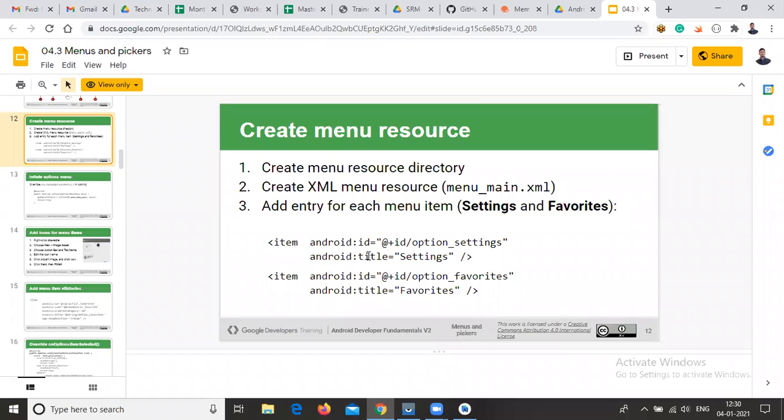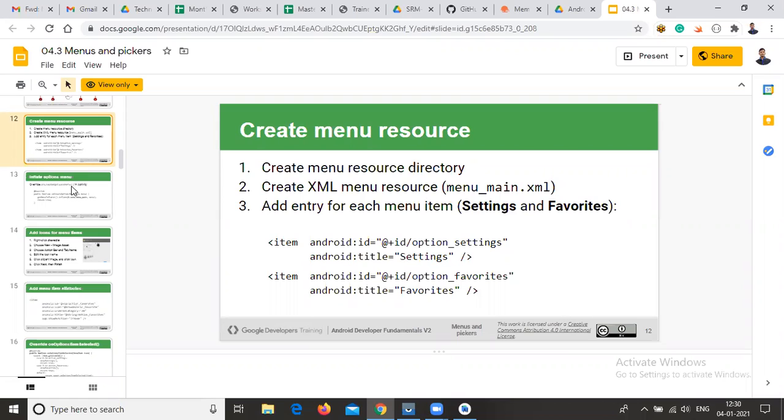Okay, so I repeat again. In case if you're using any XML files, inside the XML files we are going to create buttons or edit texts or text views. Whatever it is, for each and every component the mandatory properties are width and height. But coming to menus, the title property is mandatory. In each and every item, we need to create a title property. Based on this title, the menu is differentiated.